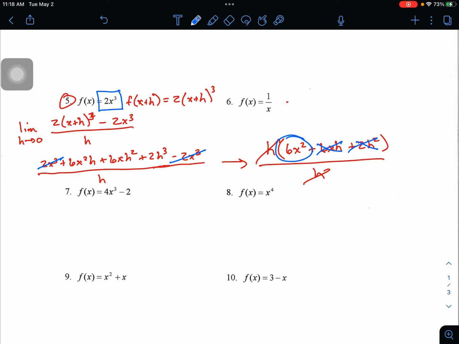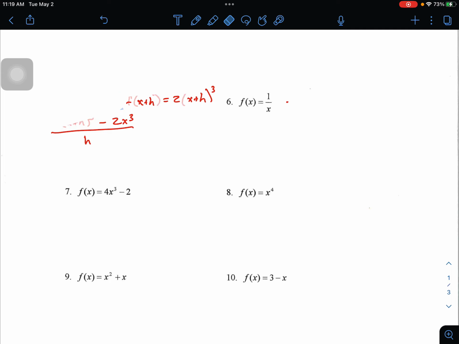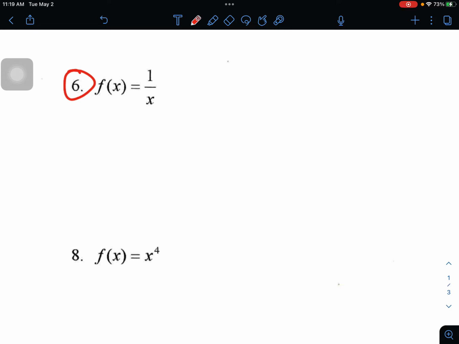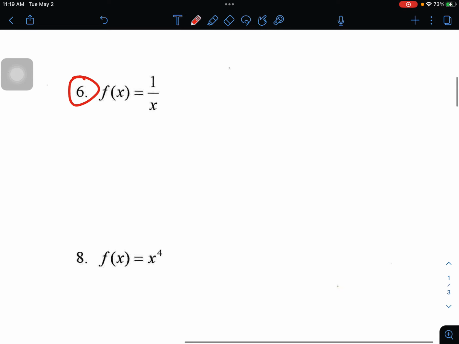Like I said, 7 and 8 are a little bit more of an extension of what you're doing, but very similar problems. Okay? One other question that was asked today, let me work our way through this one. Let me get rid of all this stuff. Problem number 6 was also asked to go over. If you take a look at problem 6, there's your f of x. Our f of x plus h